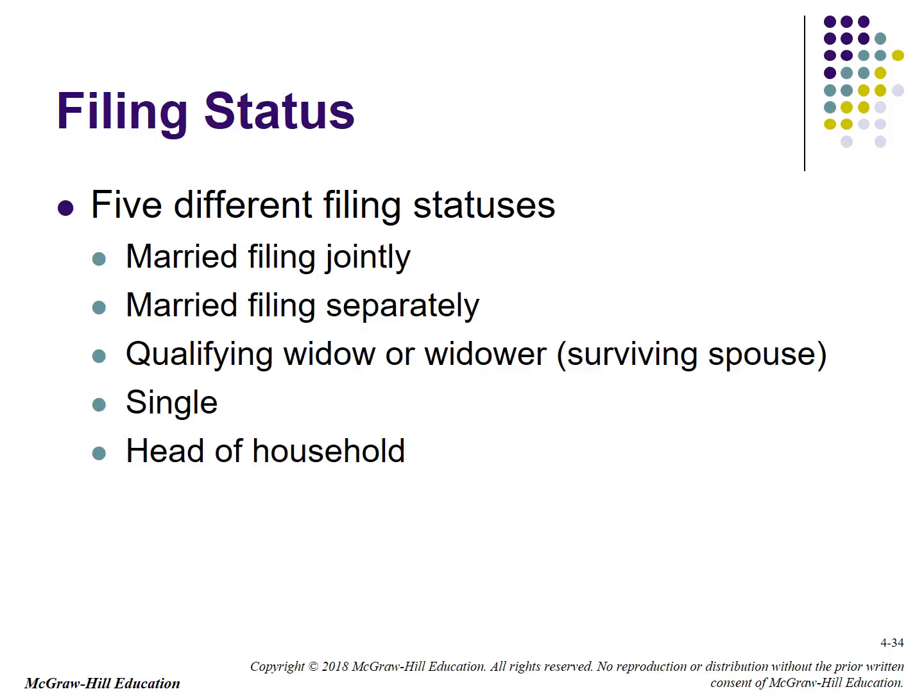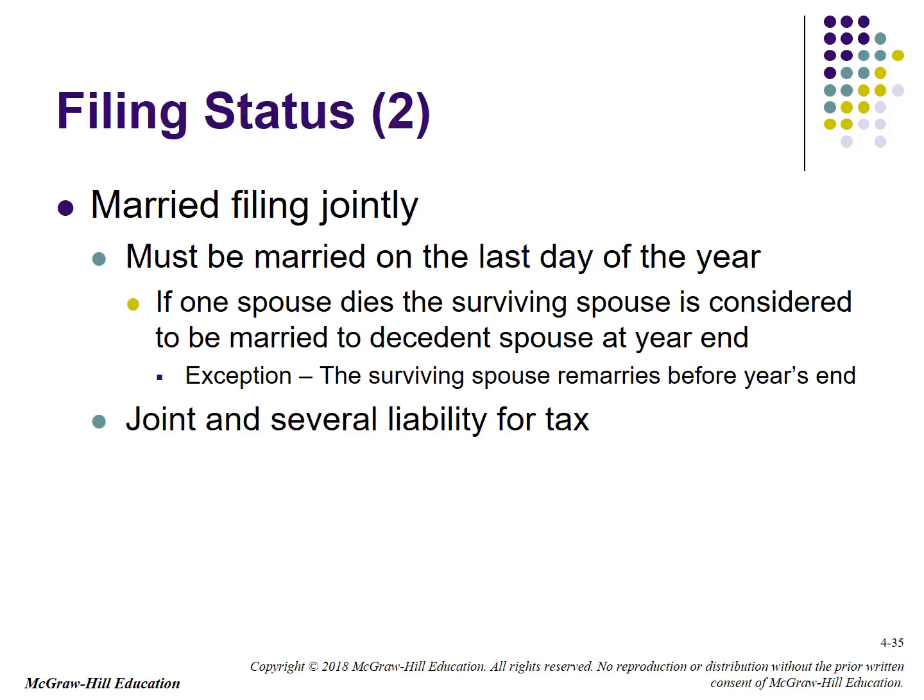Moving along, filing status. How do we determine a person's filing status? Well, there's only five to choose from. They're married filing joint, married filing separately, a qualifying widow or widower, they're single, or they're head of household. Married filing jointly. Marriage status is determined as of the last day of the